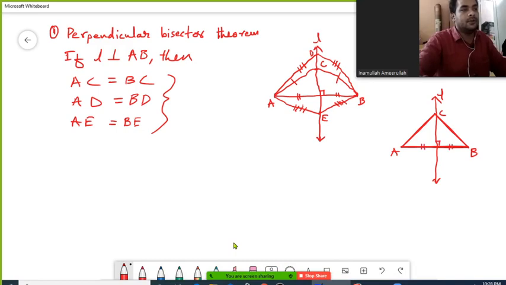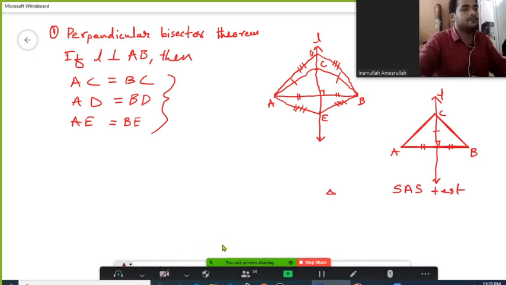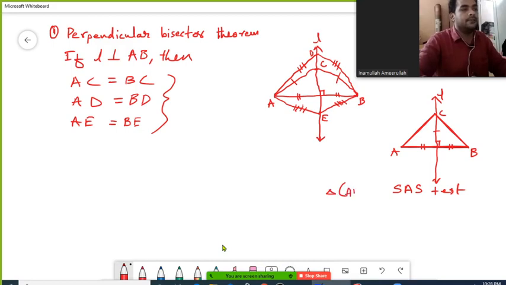They are equal, and this is a common side in both triangles. So by using the side angle side test, you can prove that triangle ABC